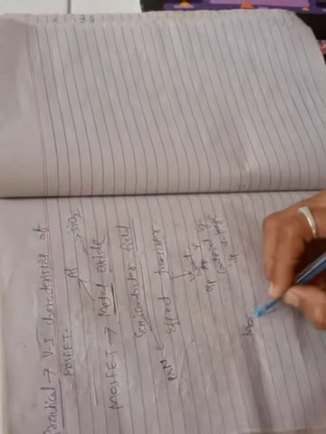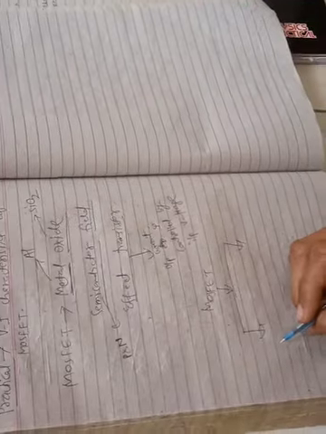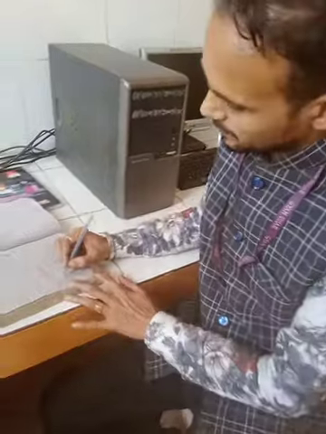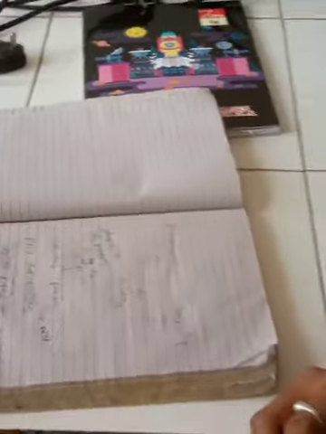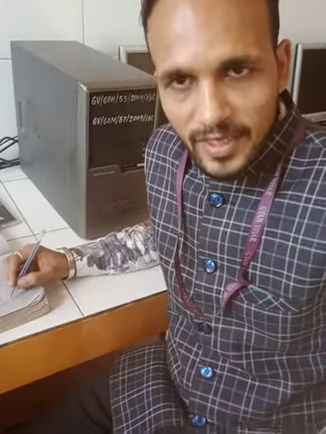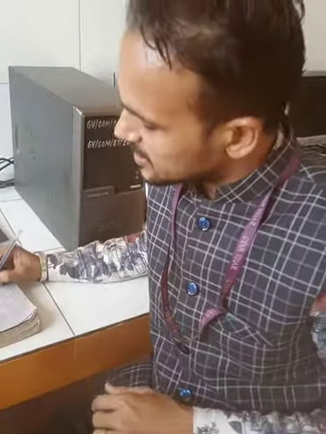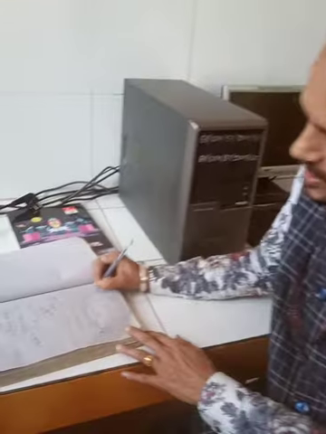So basically the MOSFETs are of two types. One is depletion type and the second one is enhancement type. The depletion MOSFET is also known as DE MOSFET, depletion enhancement MOSFET. And the second MOSFET, enhancement MOSFET, is also known as enhancement only, that is E only MOSFET.